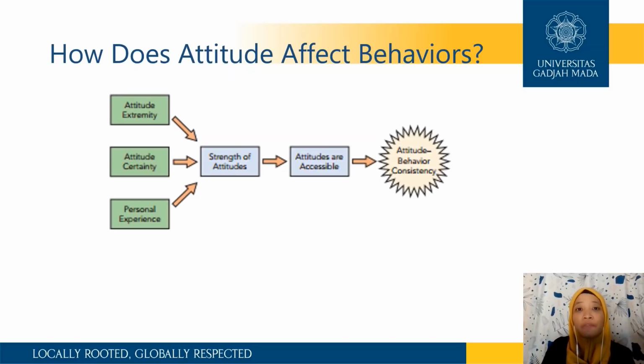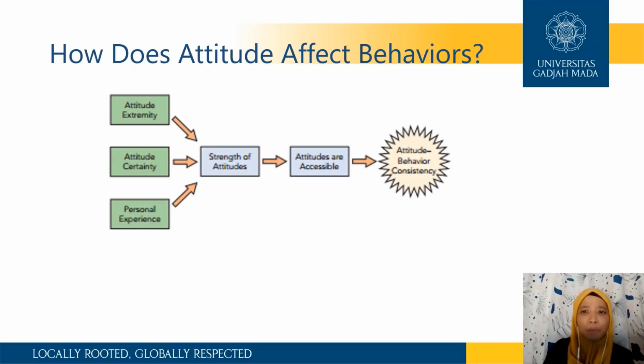So how does attitude affect behaviors? Sometimes we have attitudes that are consistent with our behavior, depending on the attitude extremity, attitude certainty, and personal experience. If you are so extreme about your personal opinion about something and you're so certain about it, and your personal experience showed you that this is beneficial for you or makes you happy, then it makes your attitude about this particular thing stronger. And if this attitude is also accessible, then you will do something that's consistent with your